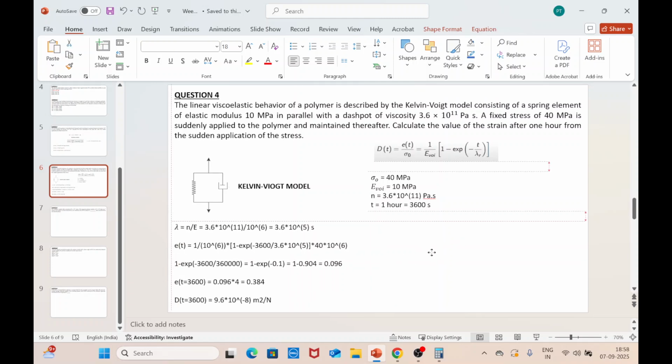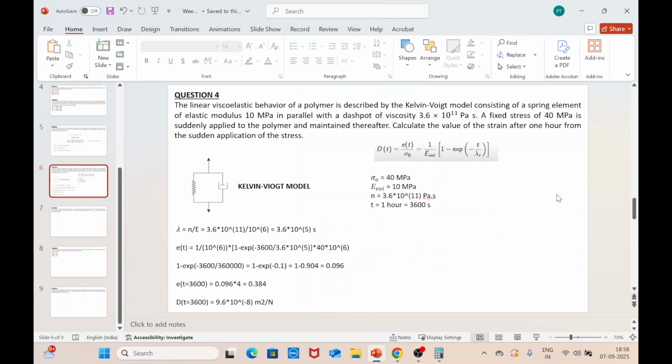So this is how you will calculate the value of the Kelvin. You calculate the strain value using the Kelvin-Voigt model. So if you have any doubts, you are welcome to ask me, and let me know if my calculations are right,